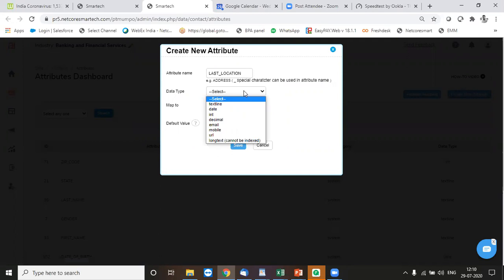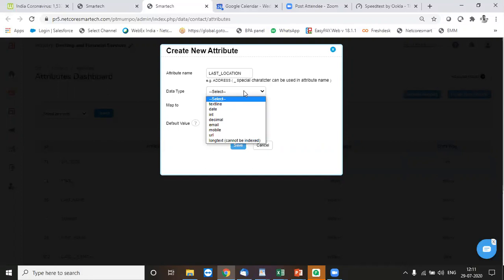Why is this data type very important? Because if tomorrow you're going to create a segment of customers who belong to the same last location, or people who have the same age group, or date of birth in the same range, all these things need an appropriate operator so that you can create those queries.